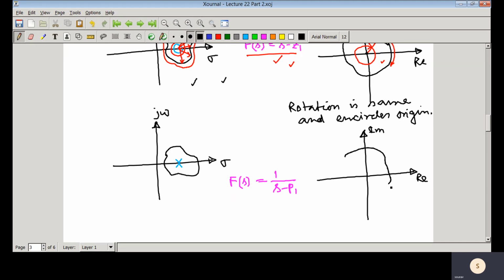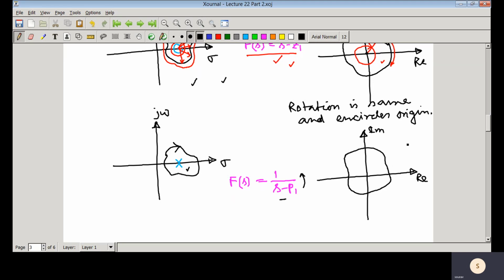We can see that once it encircles that pole we have just discussed, the total angle contribution would be 360 degrees, and now it is in the denominator. So if you bring it to the numerator, that angle would be minus 360 degrees. This is the clockwise direction, which conventionally we take as negative. So as it is a pole, if you bring it to the numerator, that minus 360 degrees would be plus 360 degrees.